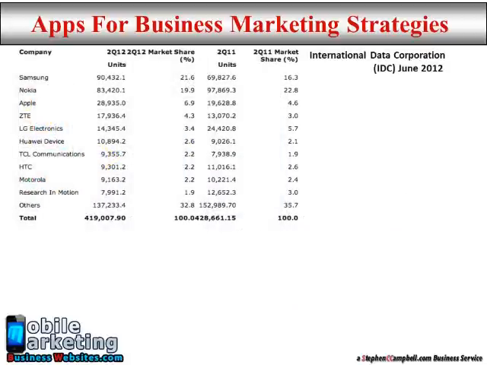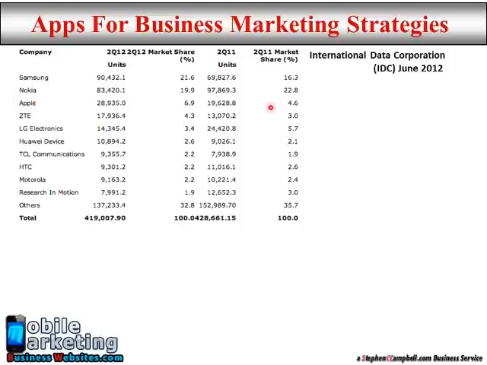Looking at unit shipments here, this is just a few months ago by IDC. Interesting to look at how things have changed. Second quarter 2011 going up to where we are now for the data, second quarter 2012. We see Samsung, for example, have jumped from 16.3% to 21.6%. You can see Nokia gone down slightly. Apple market share has gone up, as you can see. But skipping all around there, you can see Apple, Samsung, as you follow me looking around the screen. Just interesting to look at the trends.